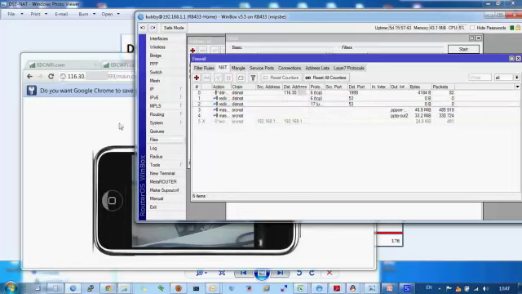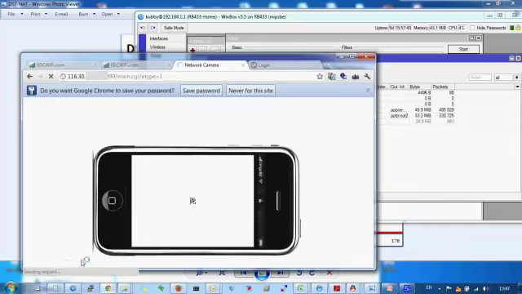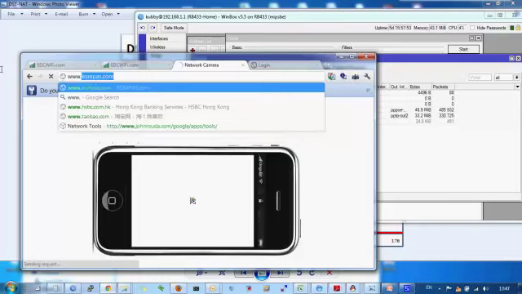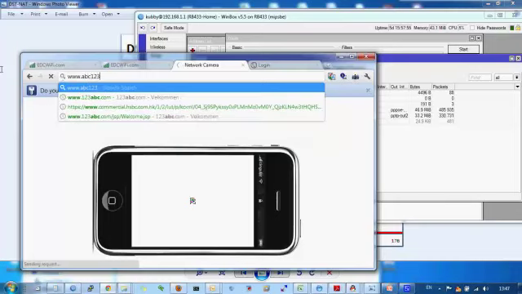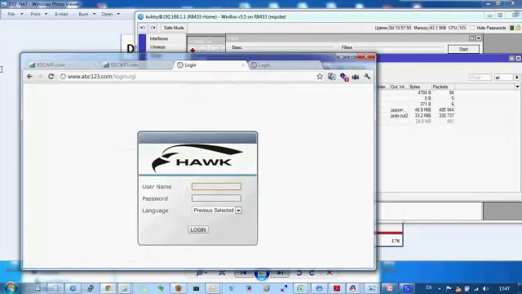I try to open it, but the camera cannot be accessed using the public IP address from the local area network. But from outside it still can. From inside, we must type www.abc123.com. Now we can log in. This is the second way to access our server using static DNS.